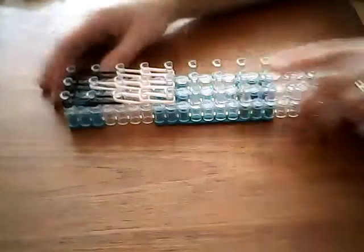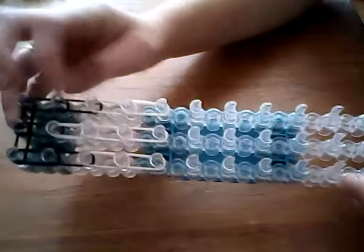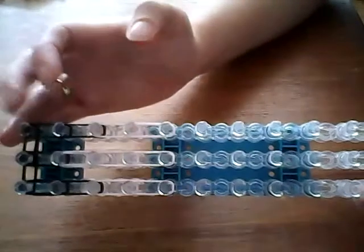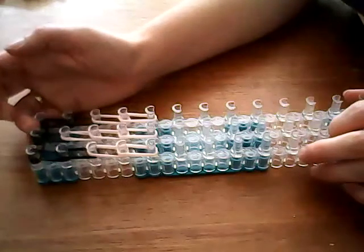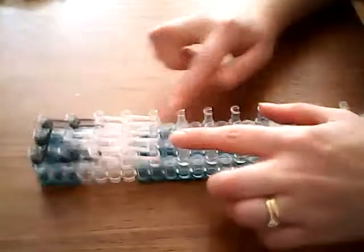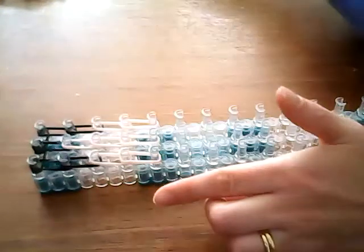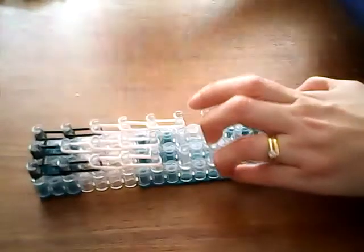Okay. So this is what you should have. So you've got 1 flesh colour here in between the 2 black at the side, and the rest are all skin coloured bands going down twice on each column. So the next row we're going to put skin coloured bands on the 2 sides, like this